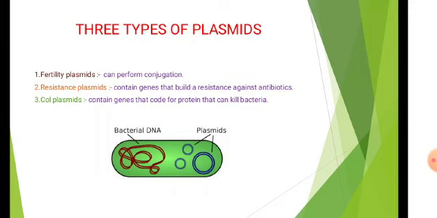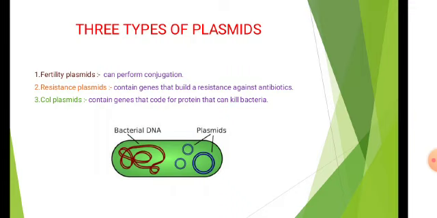There are three types of plasmids. One is the fertility plasmid. The fertility plasmids represent the sex factors of the bacteria. They are the F plasmids of E. coli. E. coli is a human intestinal bacterium. The sex factor determines the fertility rate, and it is used for conjugation, that means reproduction.